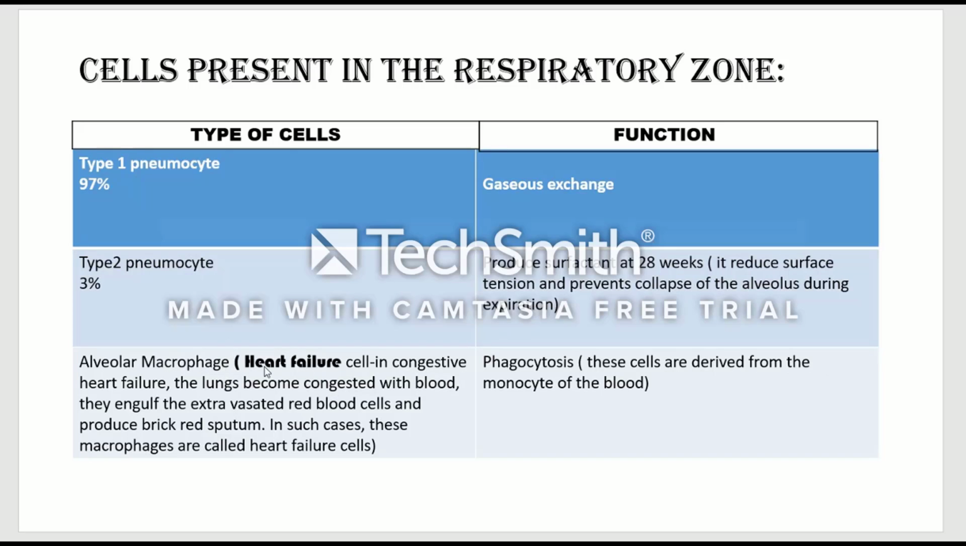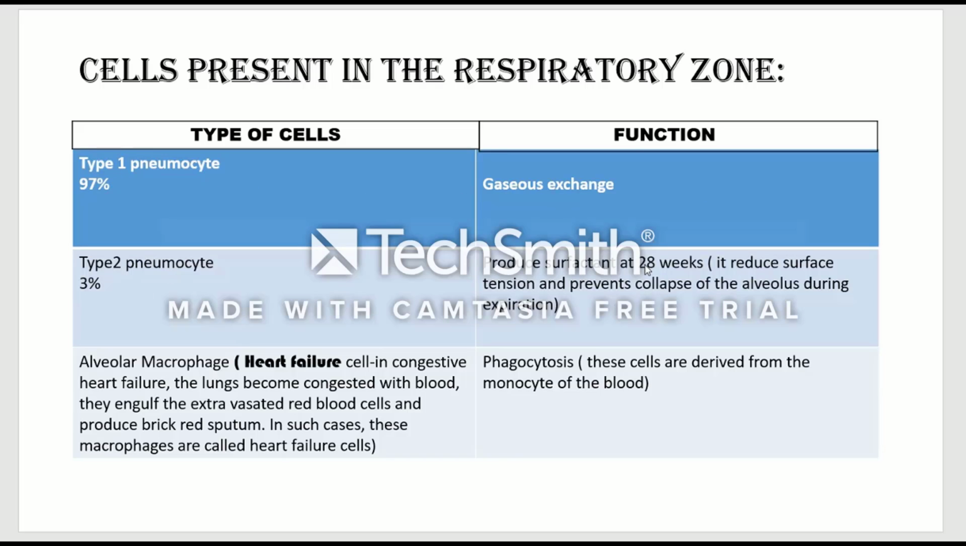Alveolar macrophage cell-কেও heart failure cell বলা হয় কারণ in congestive heart failure the lung become congested with blood. They engulf the extravasated red blood cell and produce brick red sputum, and in such cases these macrophages are called heart failure cells. আর এগুলোর ফাংশন যদি আমরা দেখতে চাই সেক্ষেত্রে আমরা দেখতে পাই টাইপ 1 নিউমোসাইট গ্যাসিয়াস এক্সচেঞ্জ করে,